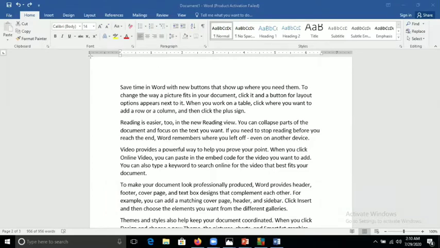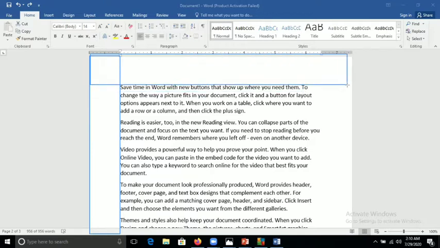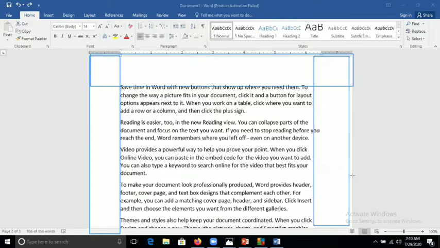The distance between the text and the edge of the document. This is my left margin. This one is my top margin, and this one is my right margin. So clear everyone?